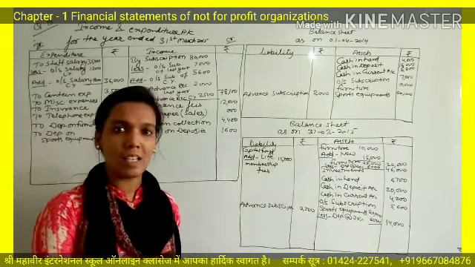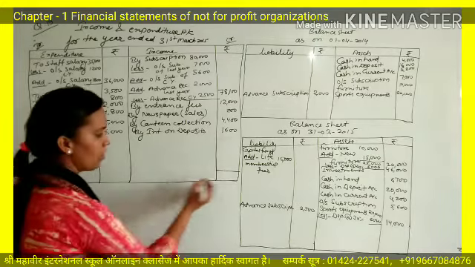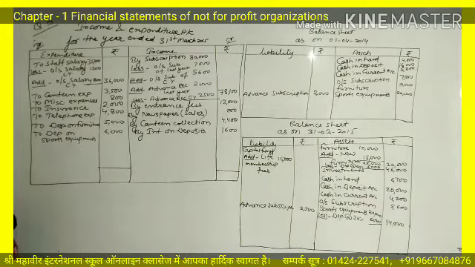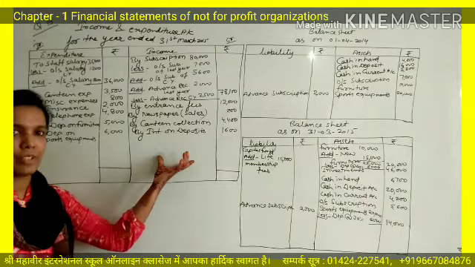Okay. So all the information is posted here properly, and now we have to put the total of all the accounts. First of all, we have to put the total of the income and expenditure account, because with the help of this account we will find surplus or deficit. If your credit balance is exceeding your debit balance, then we will find surplus, but if your debit balance is exceeding your credit balance, then we will find deficit. Okay.